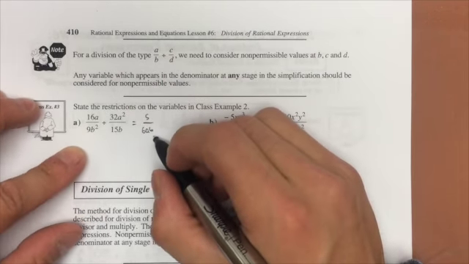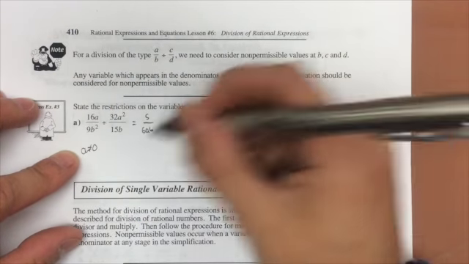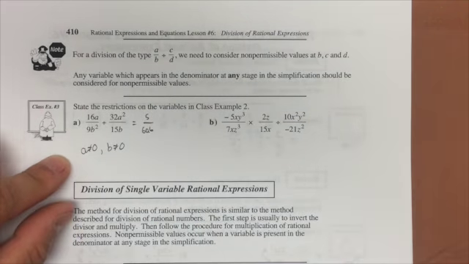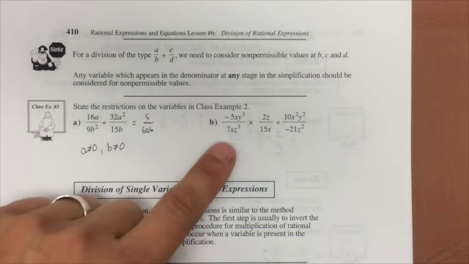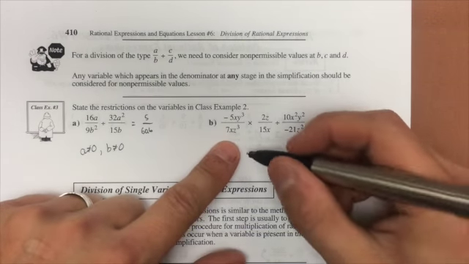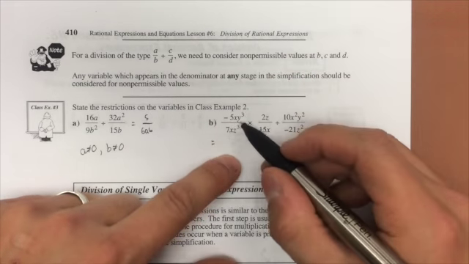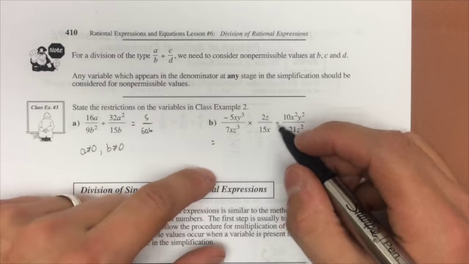So I see I do have a and b as my non-permissible values here. A can't equal 0, and b can't equal 0. All right. Now let's look at, I didn't actually solve this one previously, but I will solve it now. So if I have negative 5x cubed times 2z over 15x,